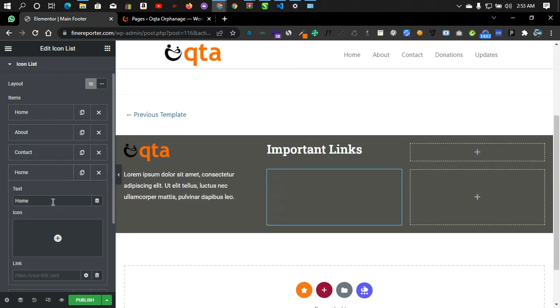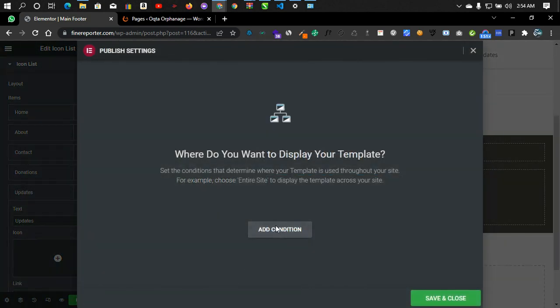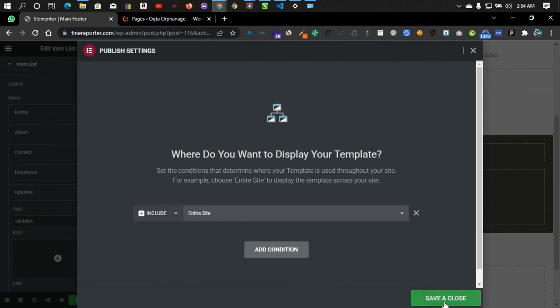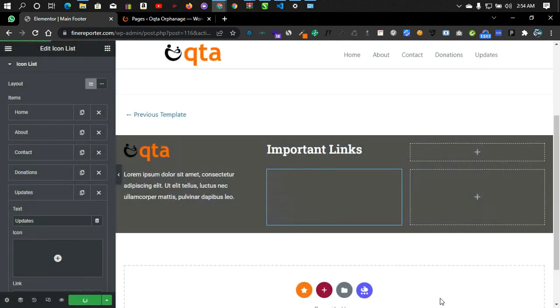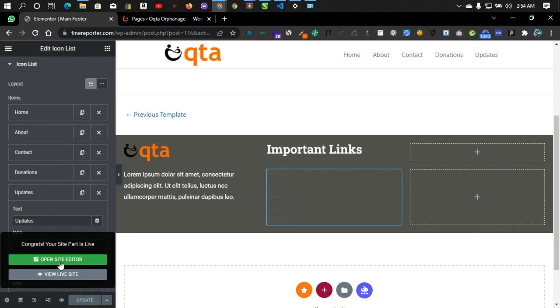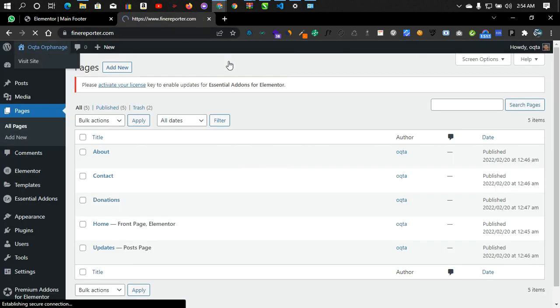So we have donations, and then we have updates. Donation, what do you want to show in the entire site? So we save. Great. So now when we go back to our page,